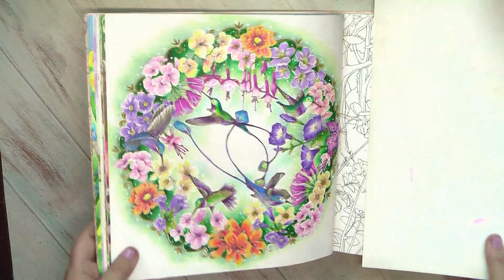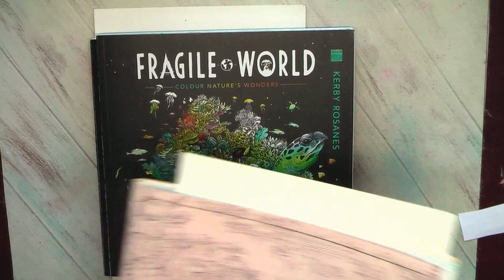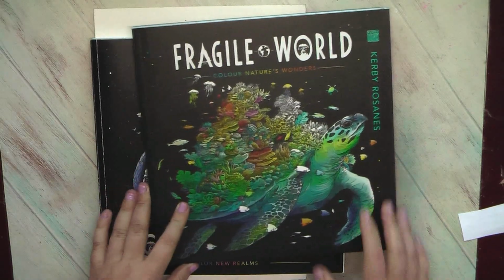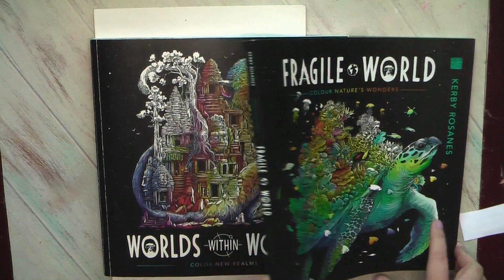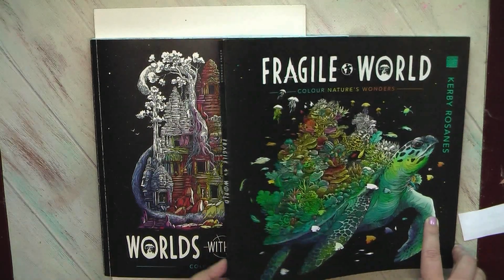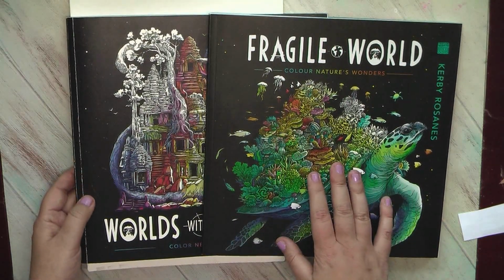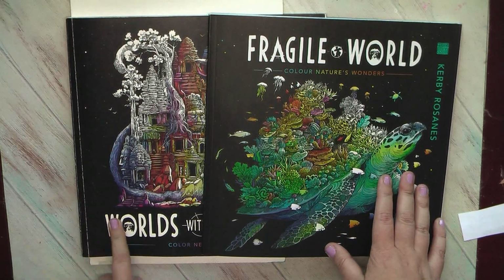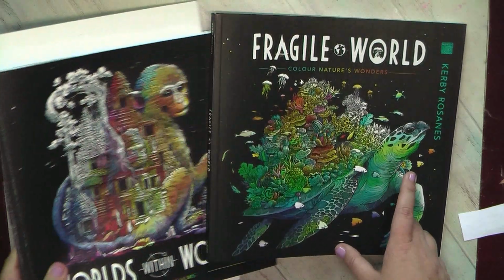And finally, we will have a look at Kirby Rozana's books. I'm so happy that I finally started to color in his books. I equally love both Fragile World and Waltz Within Waltz. I only wish that I had both books by the same publisher. Here I have Plume, here I have Long Art, and Plume is much better for me because it allows me